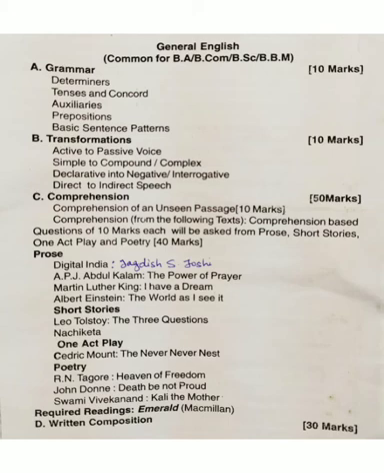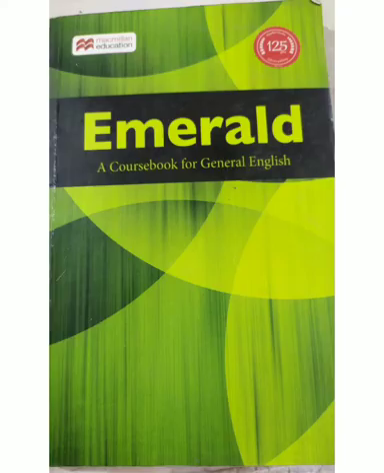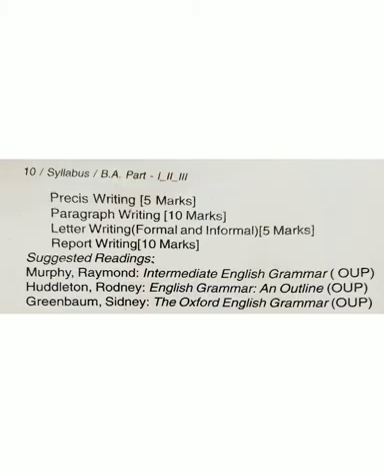In poetry part, there are three poems: Heaven of Freedom by Rabindranath Tagore, Death Be Not Proud by John Donne, and Kali the Mother by Swami Vivekananda. Again, I tell you that the book that is prescribed in your syllabus is Emerald, that is published by Macmillan. Now I come on the D part of the syllabus, that is written composition, that covers 30 marks,